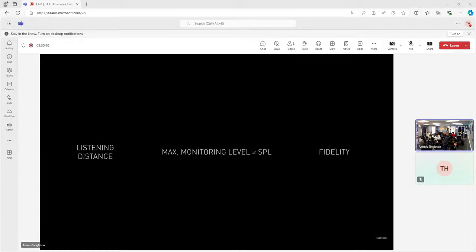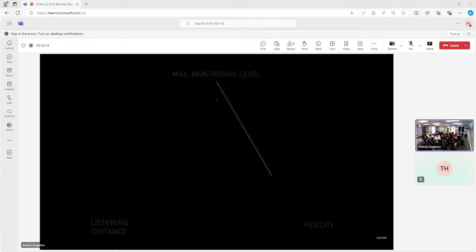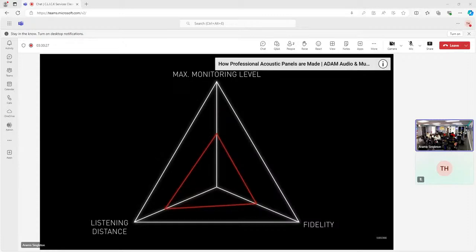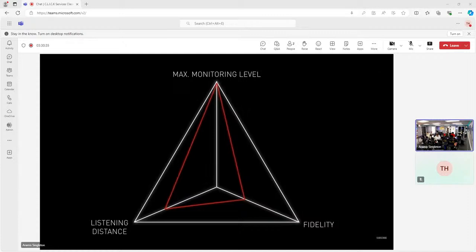The given value for maximum SPL, for example, is usually referring to a distance of 1 meter, around 3 feet. When you as a listener move away from the speaker further than that, the maximum SPL achievable at your listening position will be lower. Doubling the distance will cost you around 5 dB on average. Also, pushing the speaker to the very edge of its output capability comes with a relative loss in fidelity. So choosing a speaker that delivers the monitoring level you expect, plus a little more headroom, will ultimately give you better